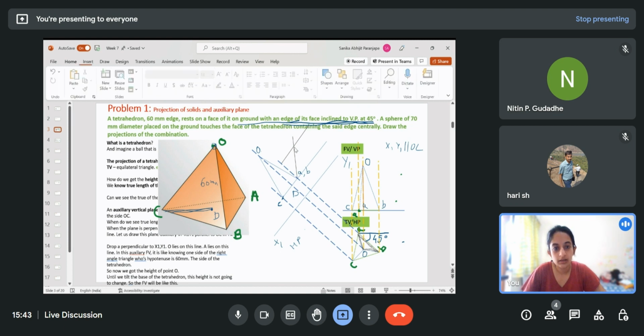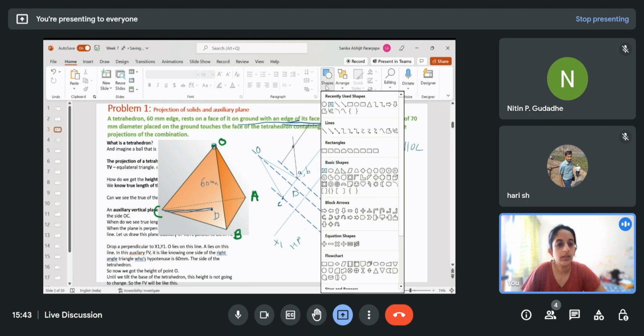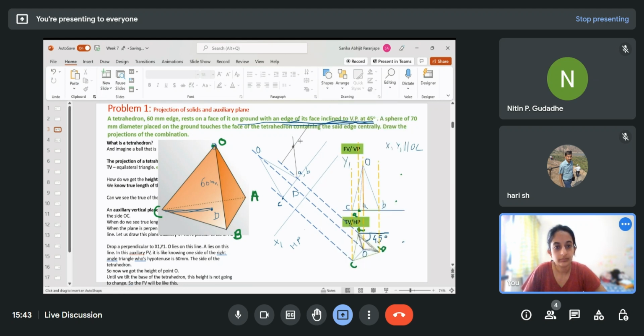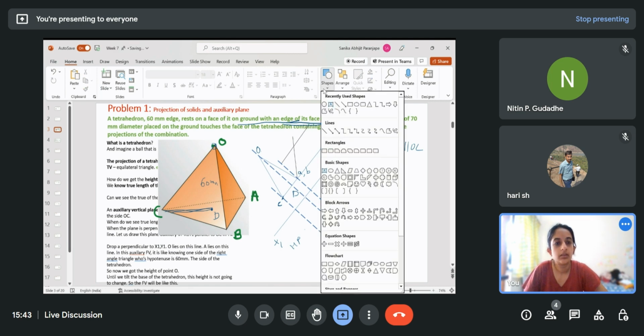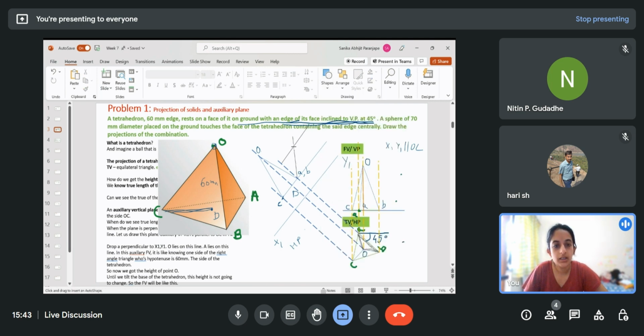So now if I draw a circle from this as center,